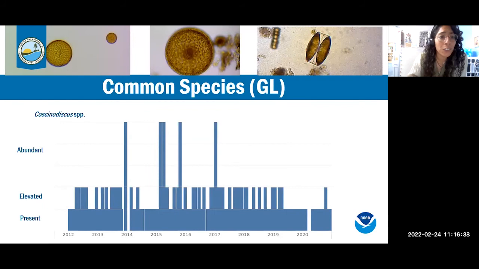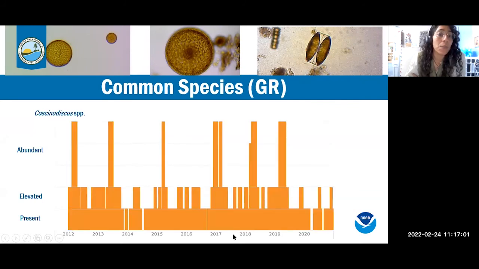We also monitor for common species. This particular species is Cossinodiscus. So it's one that's very bioavailable. So a lot of those grazers that I was talking about, they're munching on this stuff. So we want to make sure that it's present in our system. And as you can see by this basically solid block, it is very present in our system. But occasionally we do get blooms of this that we want to keep an eye on in both the lake